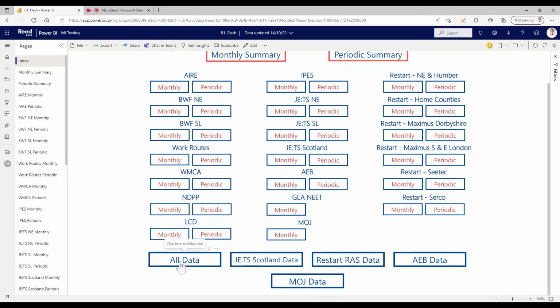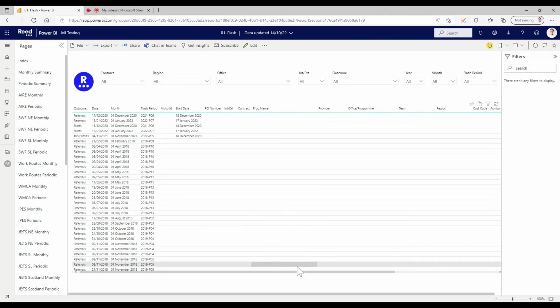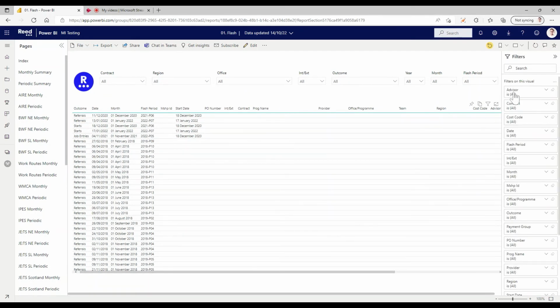All data. In order to look into the data behind all of the actual figures you can go on the All Data page. This has individual rows for all of the Flash data. There are filters at the top of the page to allow you to filter it by how you see fit. Alternatively, you can open the filters pane on the right-hand side with the table selected. This will bring up all of the columns used in the table, and then you can filter the table by